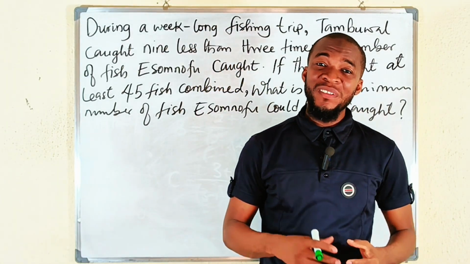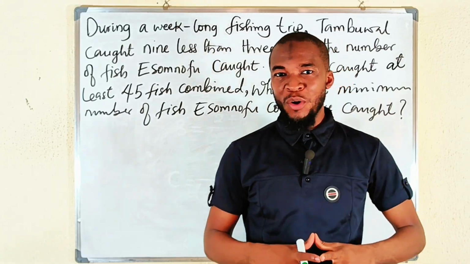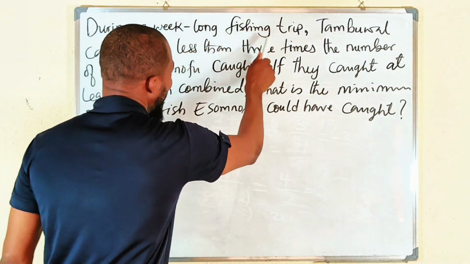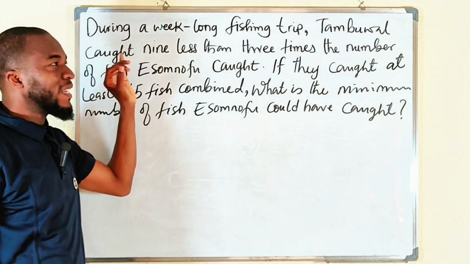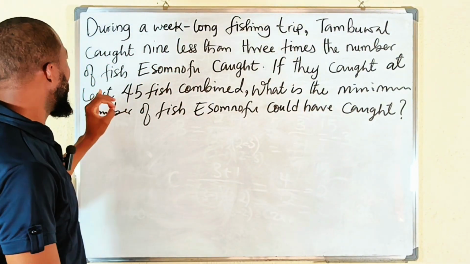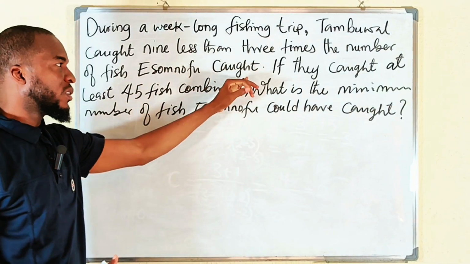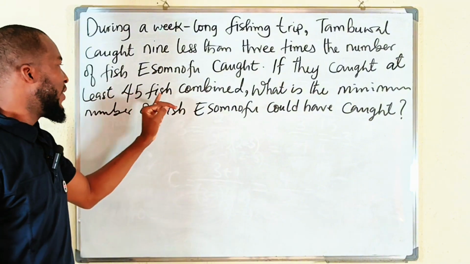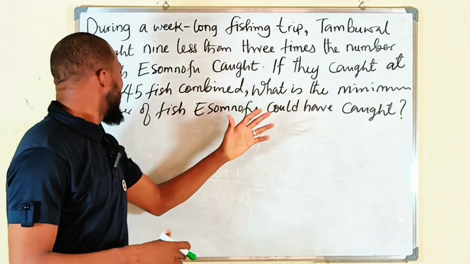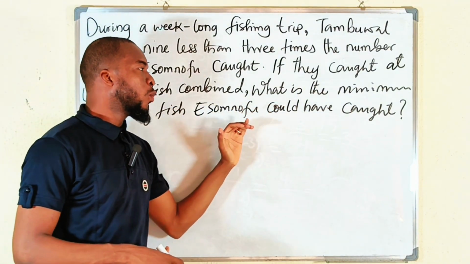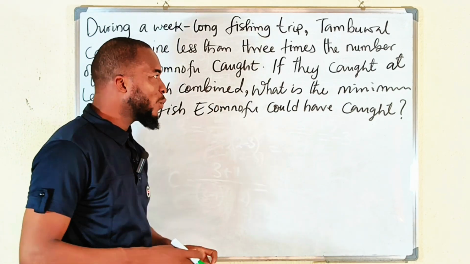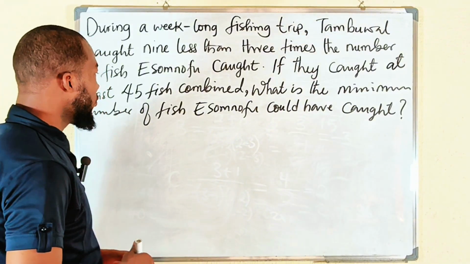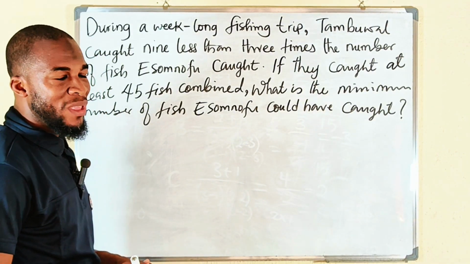Here is a very interesting word problem question leading to inequality. And the question reads, during a week-long fishing trip, Tambuwal caught 9 less than 3 times the number of fish Esomnofu caught. If they caught at least 45 fish combined, what is the minimum number of fish Esomnofu could have caught? Very interesting question. So I would like to declare the number of fish caught by Esomnofu to be